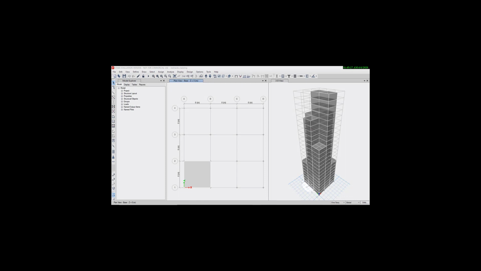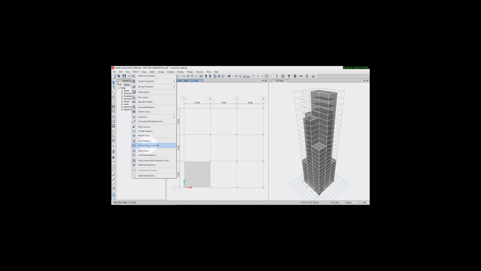Now we have to apply wind load on the building, and building is situated in Bangalore, where wind comes from east side of building. Now we have to define wind.